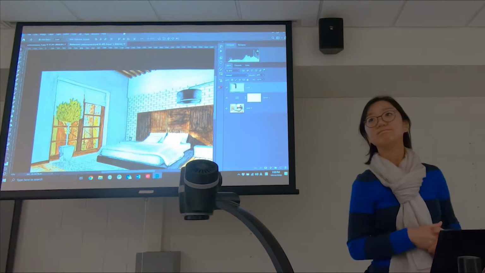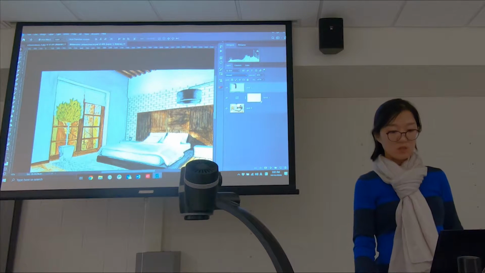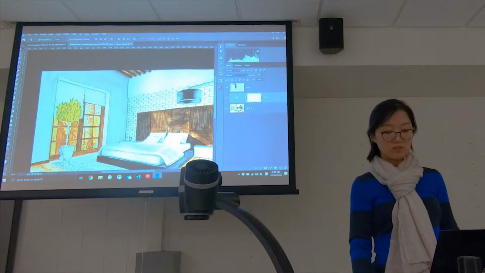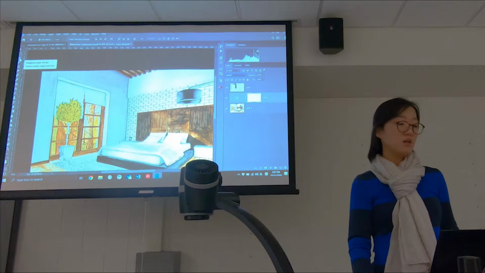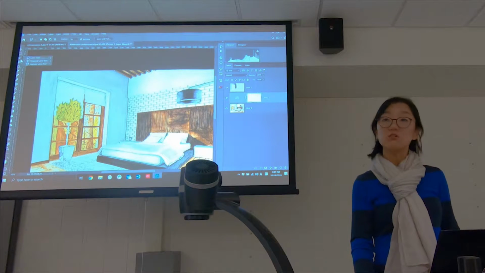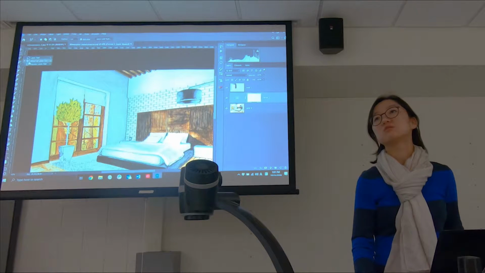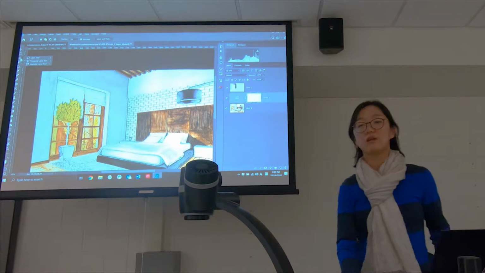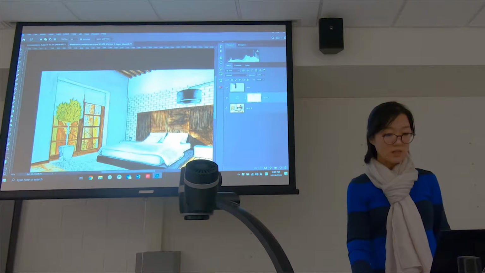Wait, how do you do the gradient again? Gradient. When you use gradient, you need to select that area first. Use the lasso tool. I usually use the polygonal lasso tool. If you have the circle one, hold the lasso tool, and then you will see there are like 3 related options. I got that part, but I don't have the gradient. Oh, you don't have gradient. So if you select that area,